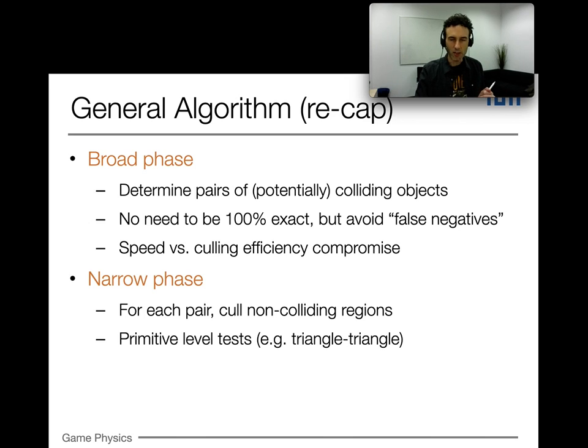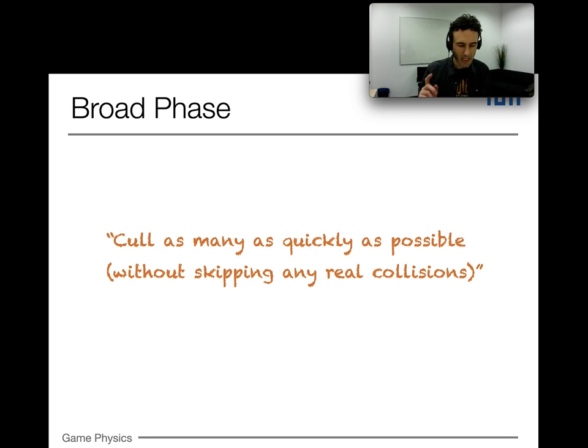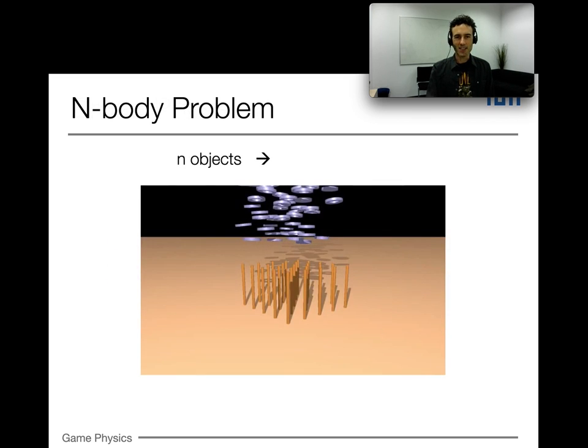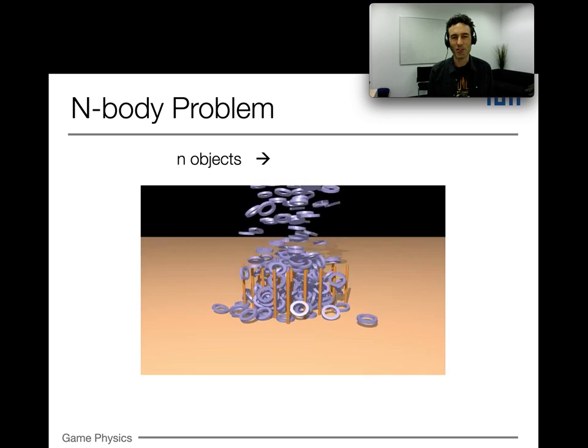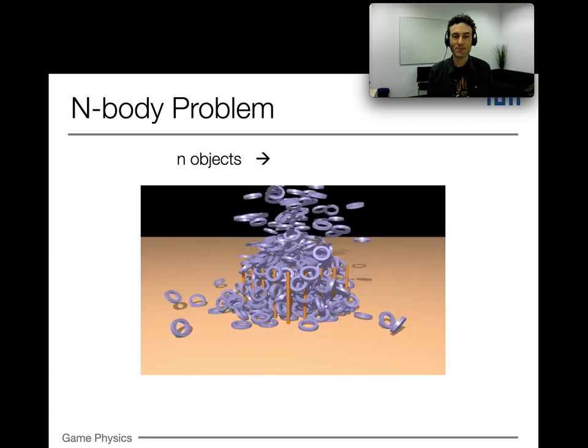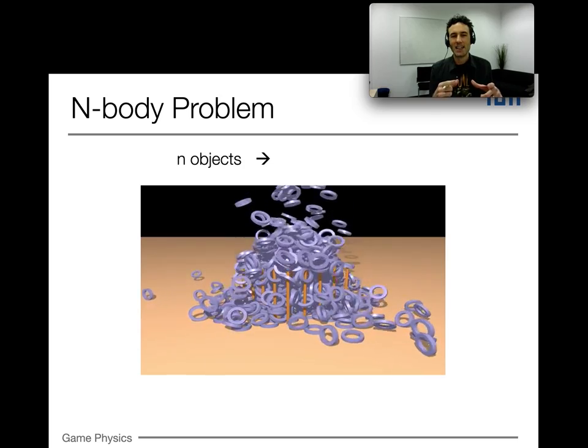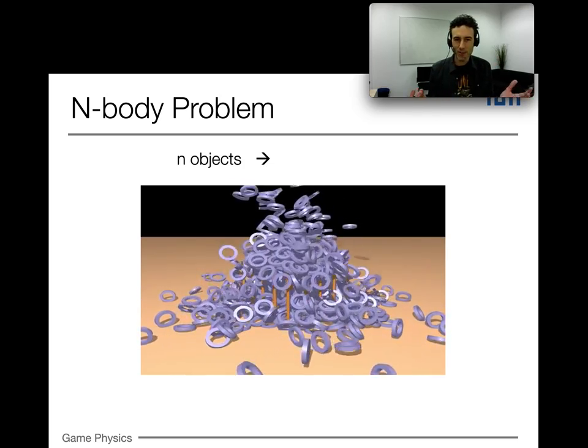So, what's the goal of the broad phase? The main goal here is to cull, to remove as many of these pairs as possible without skipping any collisions that would really happen. That's the informal summary of the broad phase step. Let's look at an example to illustrate the challenge here. This is a nice case for collisions. It's quite a challenging one because we have all these tori, which are in a way simple shapes, but